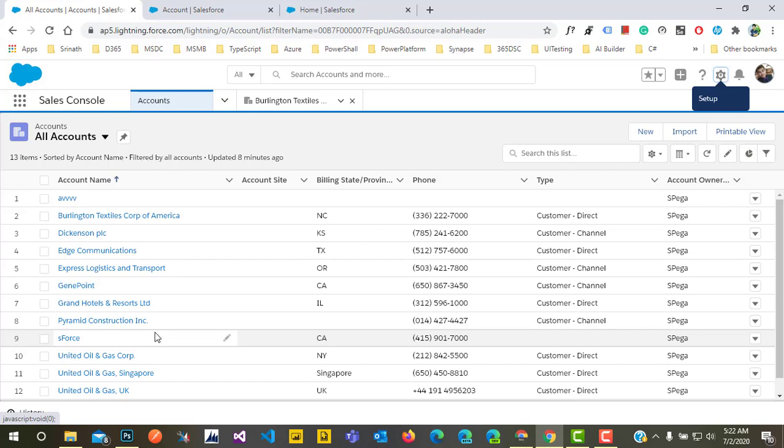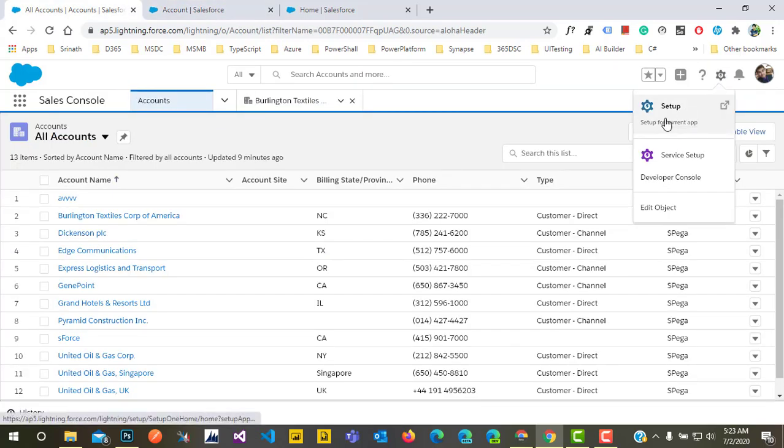Before that, we need to set up the customizations in the system, whatever we have in Salesforce. So now we will export the account data and import it into the Dynamics 365 account entity. Let's do that.